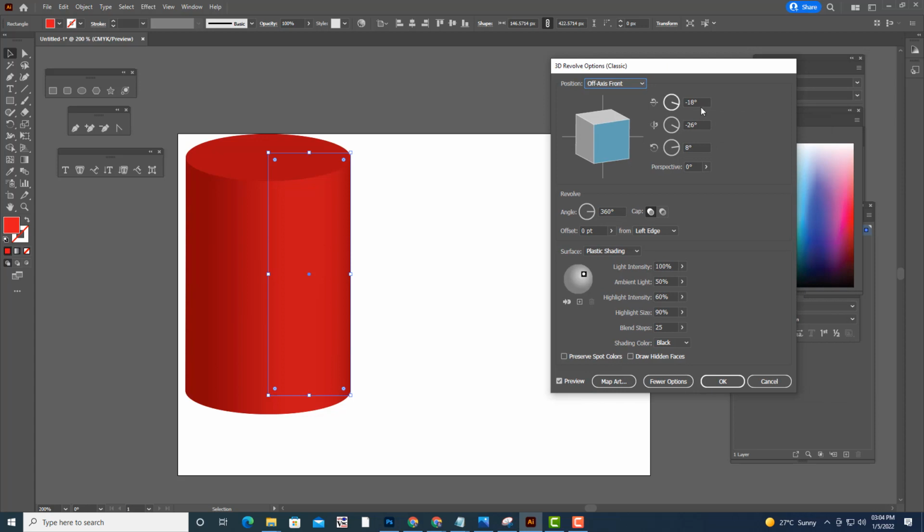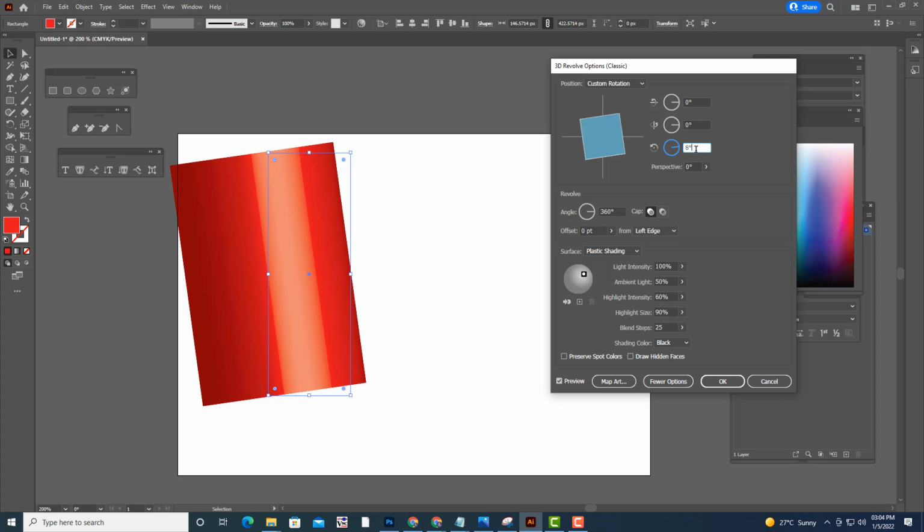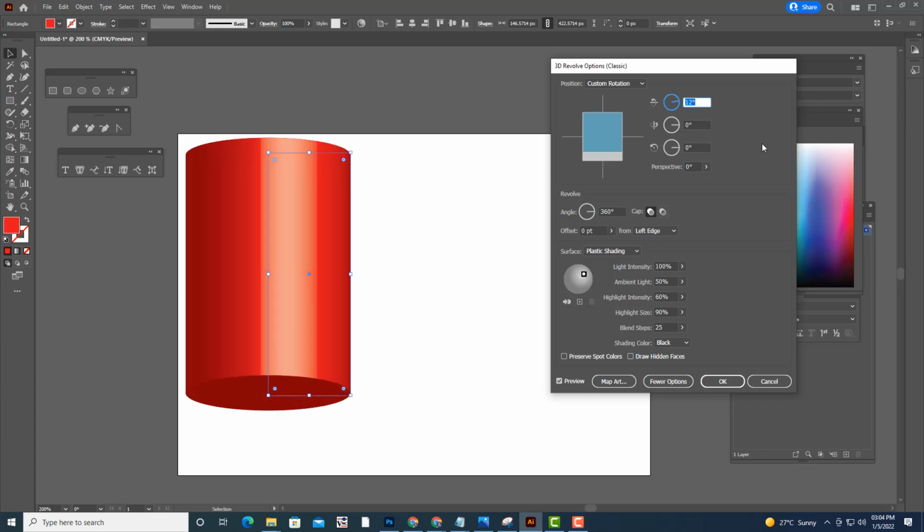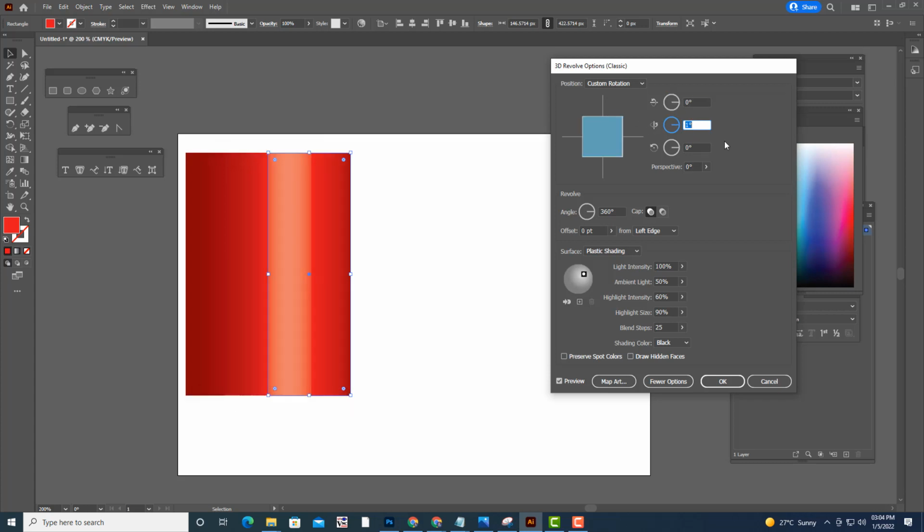Here we have some options. What are these options actually? We can rotate it.